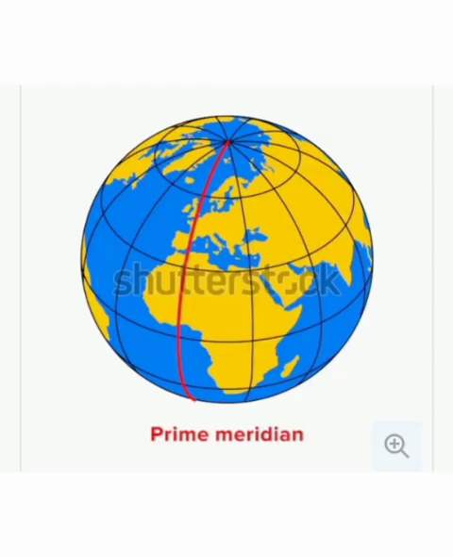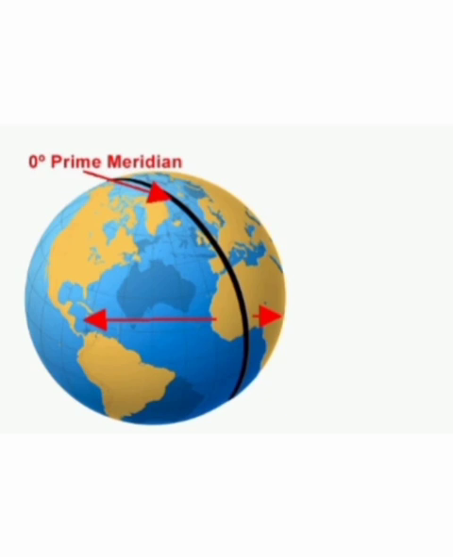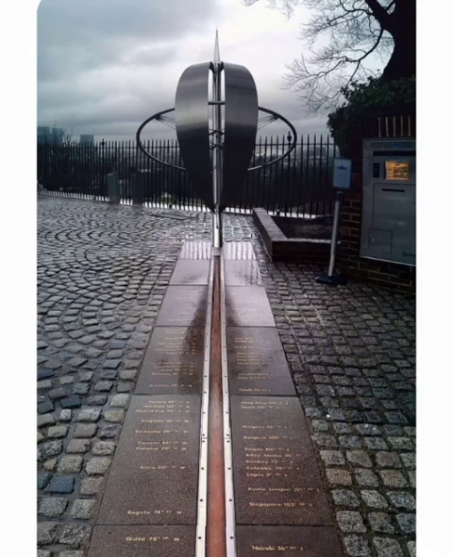So, you know about the prime meridian. This is the prime meridian. The 0-degree longitude is known as the prime meridian. We calculate time based on the prime meridian that runs along Greenwich. When the prime meridian of Greenwich has the sun at the highest point in the sky, all the places along the meridian will have midday or noon.